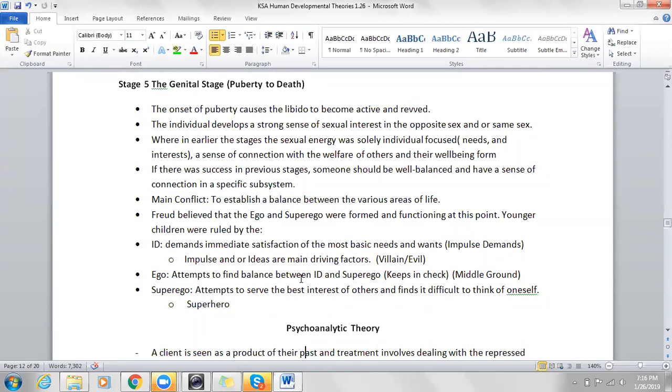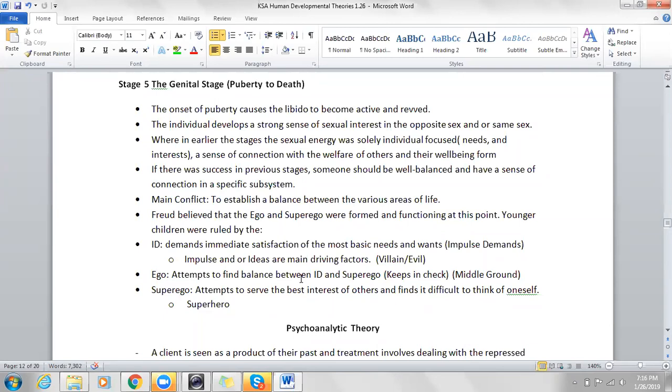And Freud believes that the ego and superego were formed by the younger children. So the id, a little quick synopsis, but I'll get deeper into it later on. The id is like the demands and the immediate satisfaction for the most basic needs. So the id is like the impulsive demands, and those are the impulsive ideas that are the main driving factors. If you want to think of it as like a villain or evil,